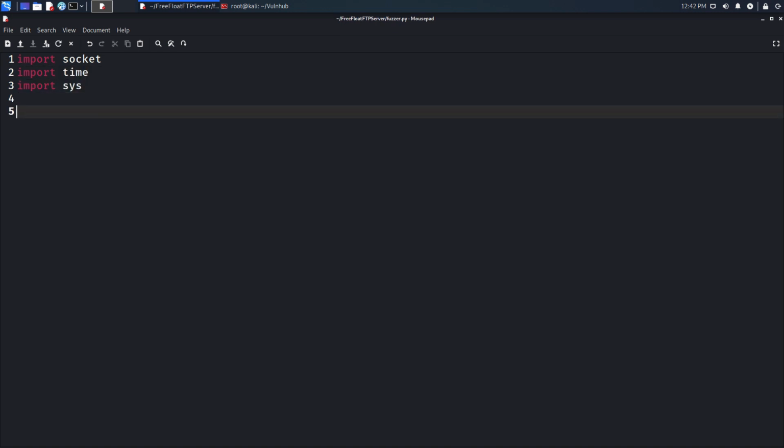two modules. Now we declare a variable called buffer, and we assign 100 A's to it. And now we are going to enter a while loop, so while True, and we'll create a try and except statement. So try, and we're just going to